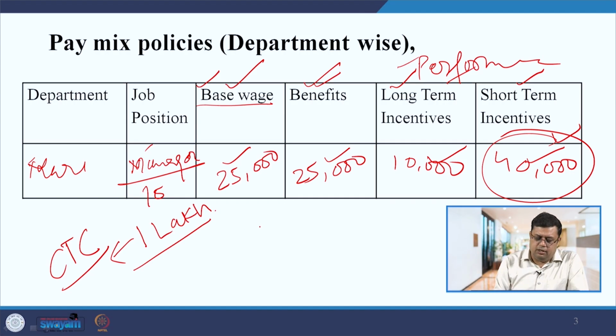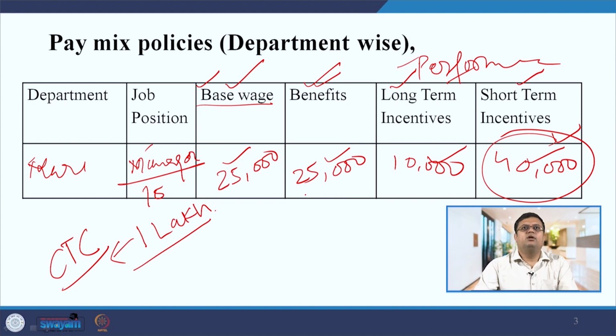Here you can do a component analysis of each position, which will tell you which component should be high and which should not. According to the nature of the job, if you believe that all managers need to perform on a short term basis, like day to day, then you can increase the short term incentives. If you believe their long term performance matters a lot, and that initial failures may be compensated by long term performance, then you can increase the long term incentives.